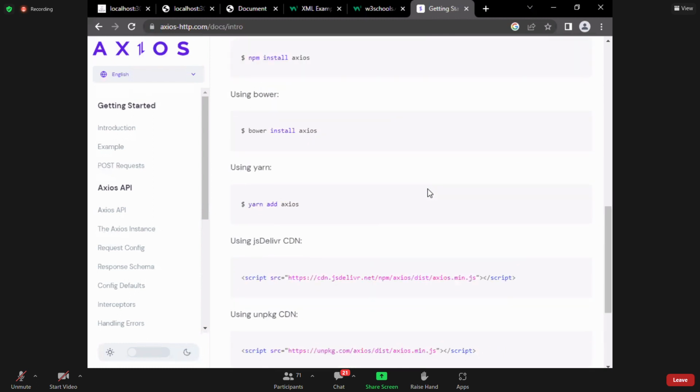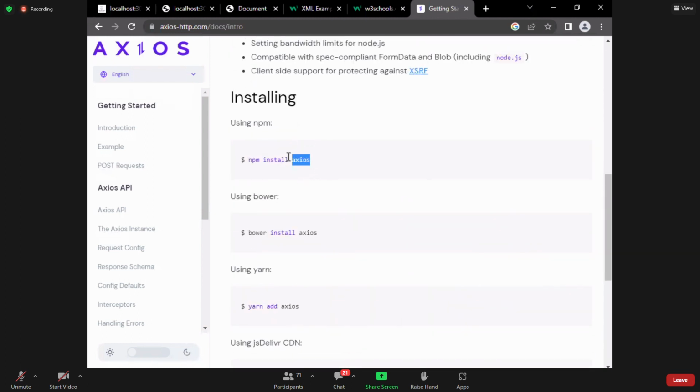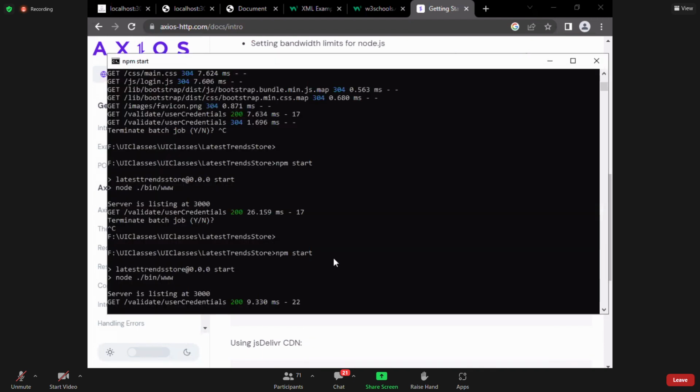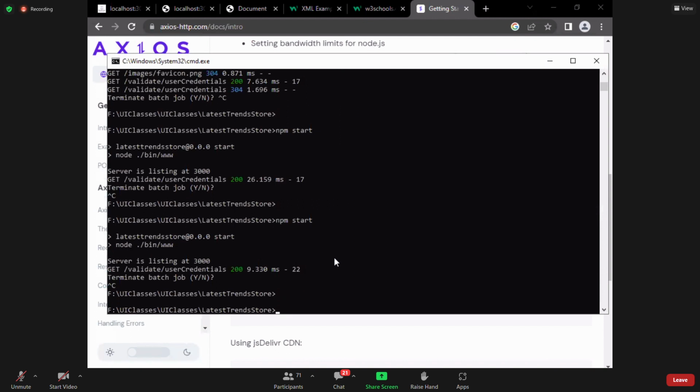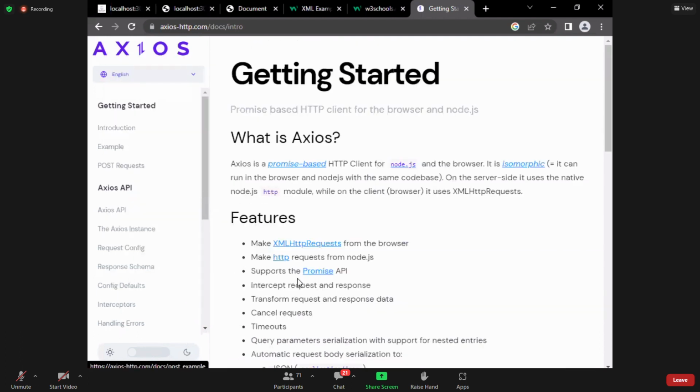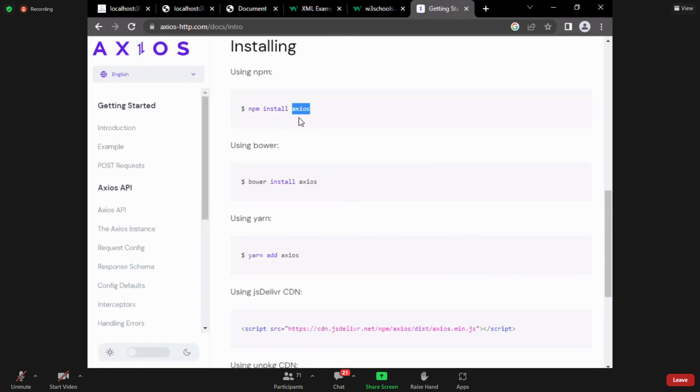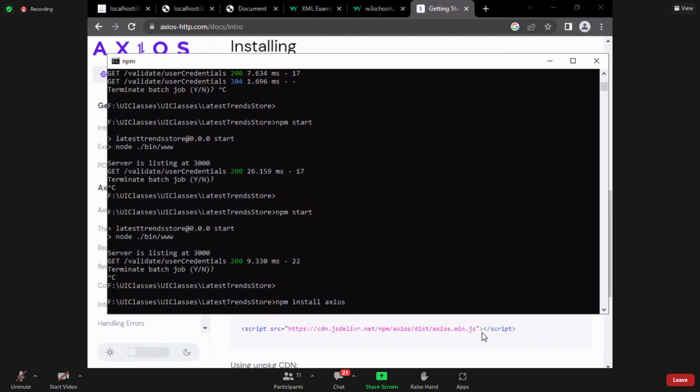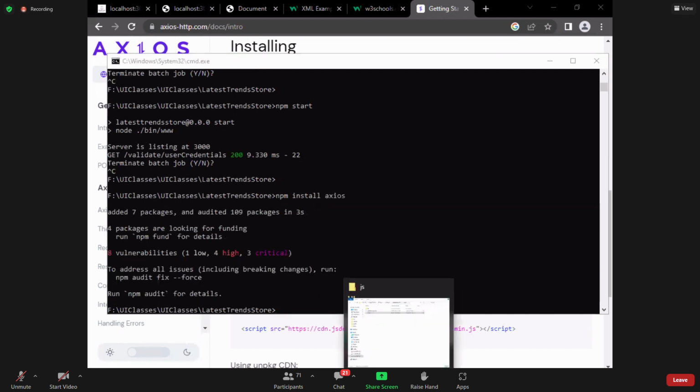Okay, so I want to go with the download. Where is the download? Installing. You see, you can do the installing using npm also. So let me show you how to do it with npm. Earlier we have taken the CDN URL. Now I say npm install Axios. That is the command he has given. npm install Axios. Now if I click on this,